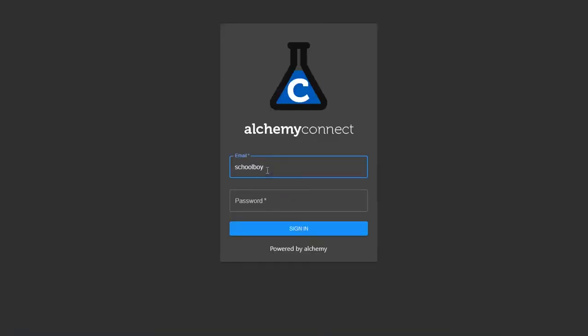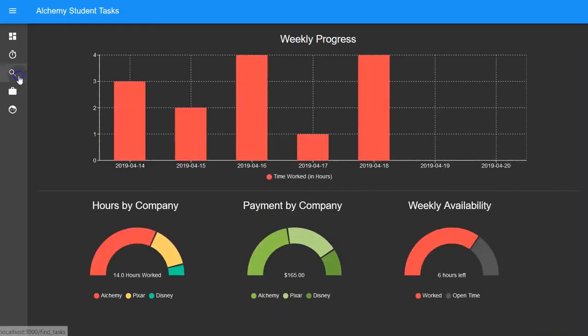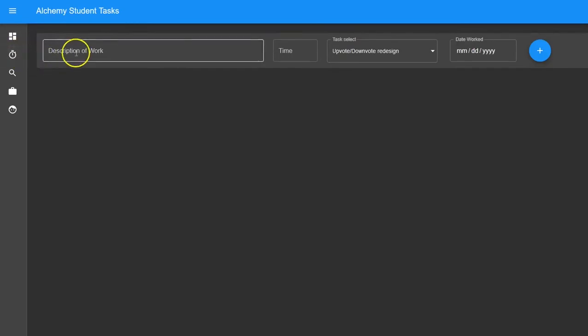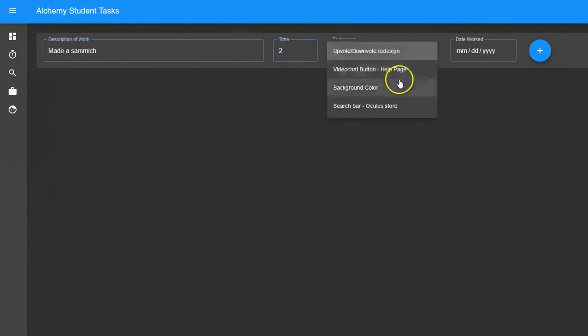Finally, this next video highlights a student's ability to log in and view unassigned tasks for which they may apply. As of now, a student is simply able to sign up for any unassigned task and it will be added to their assigned tasks. In the future, a student will be required to gain approval from a client before being